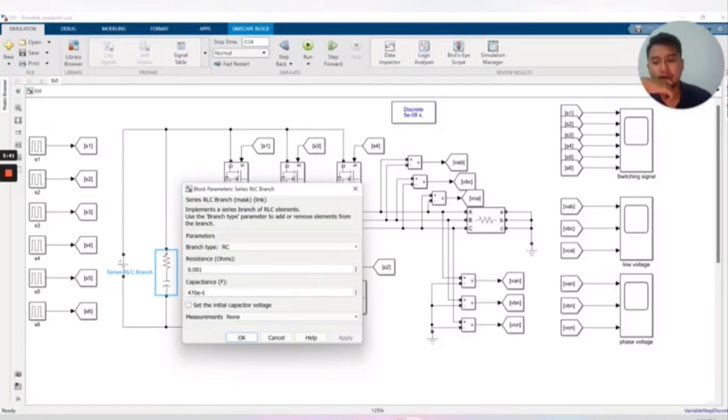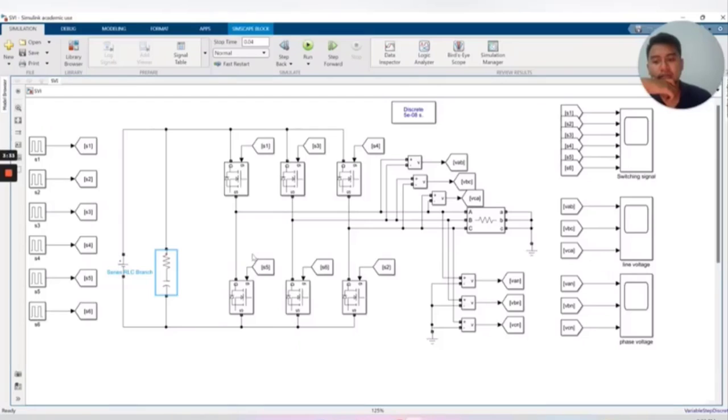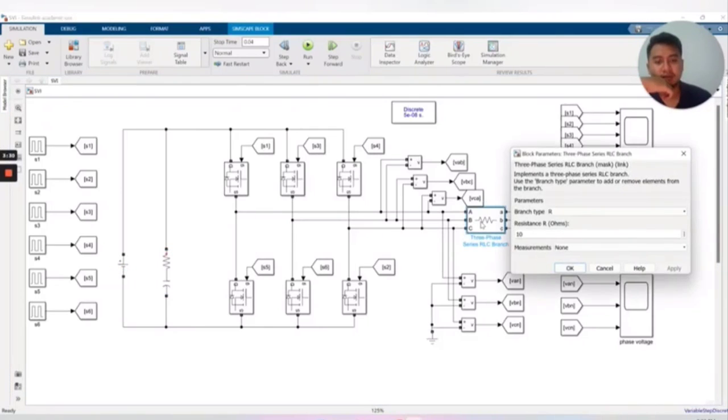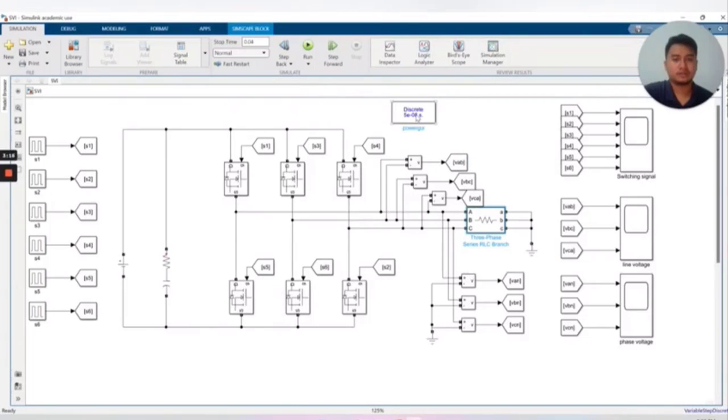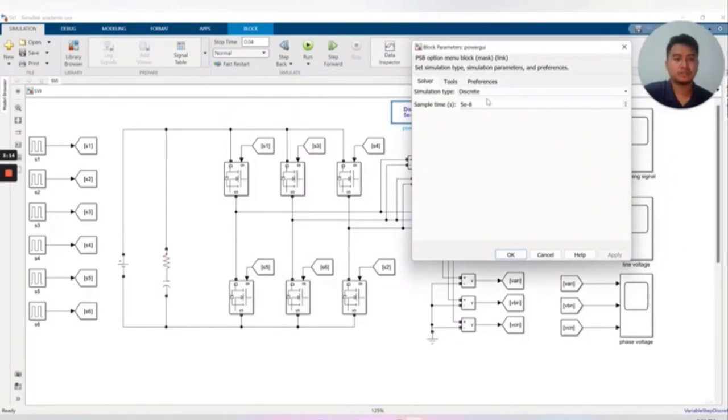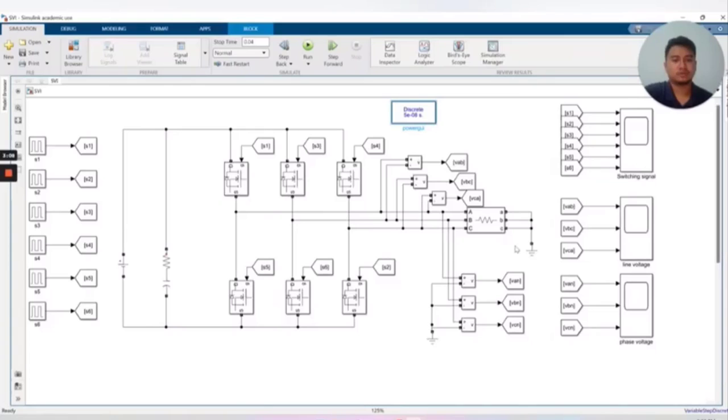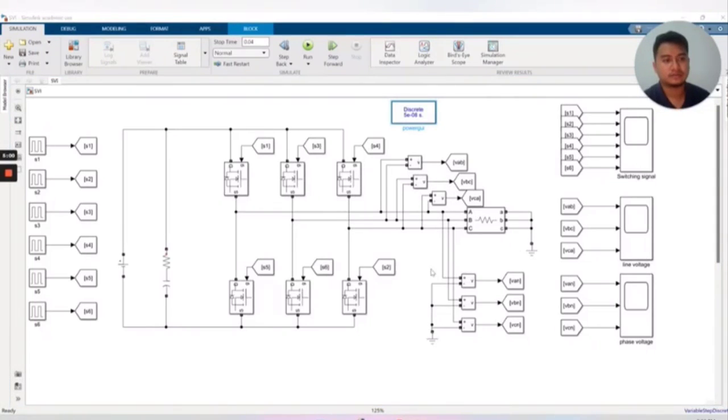0.01 and capacitance with 4.0e-6, and for the 3 series branch, simply change the branch type to R and resistance to 10, and change the powergui to discrete, and the sample time is 5e-8. So okay, this is the setup for